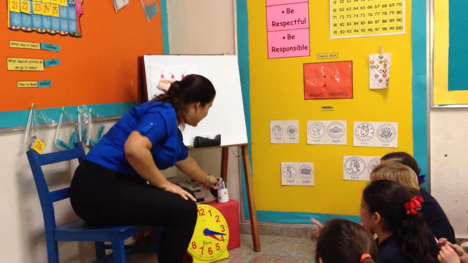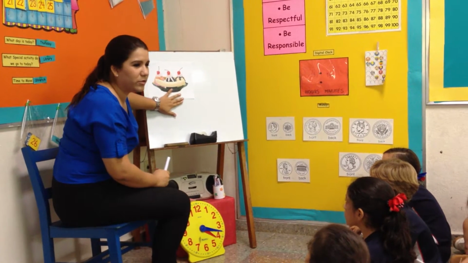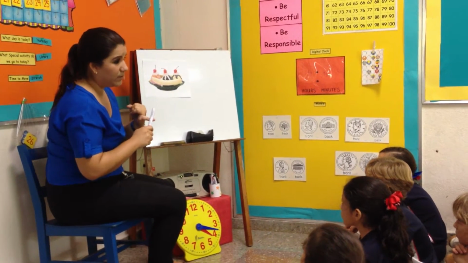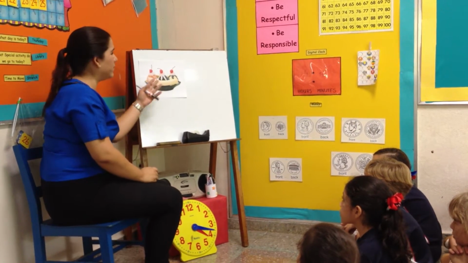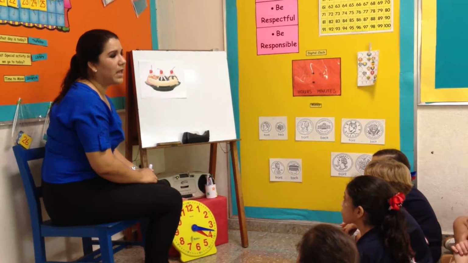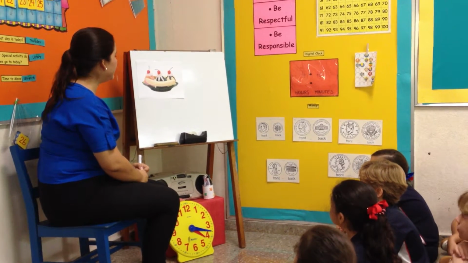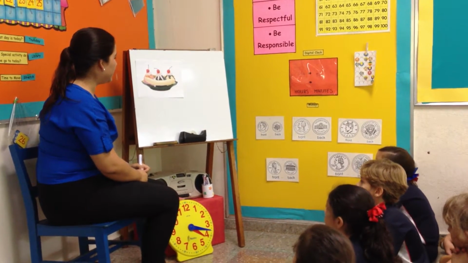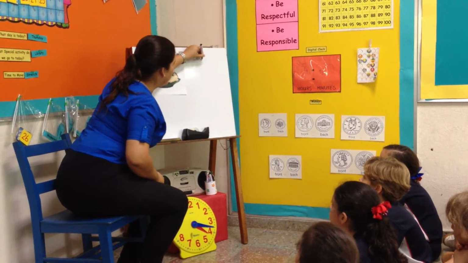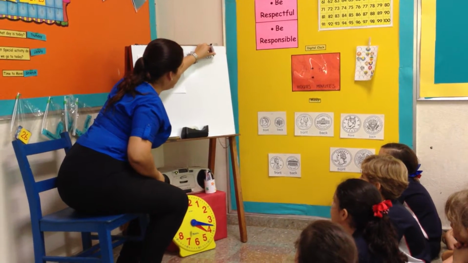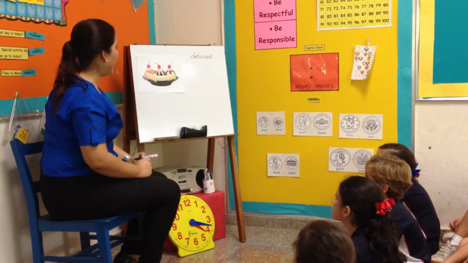Now, let's make a list of adjectives to describe this picture. Adjectives describe shape, color, texture, and sometimes feelings. If it was a person, you can describe feelings. Now, let's think. I'm going to think out loud, okay? So, I can say that the banana split looks delicious. I can also say that it is